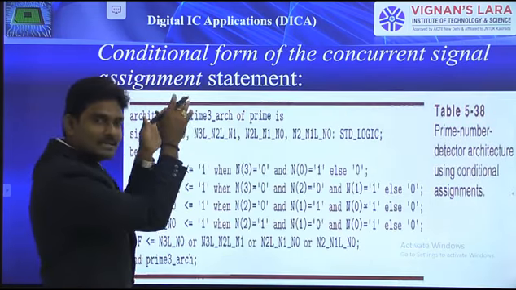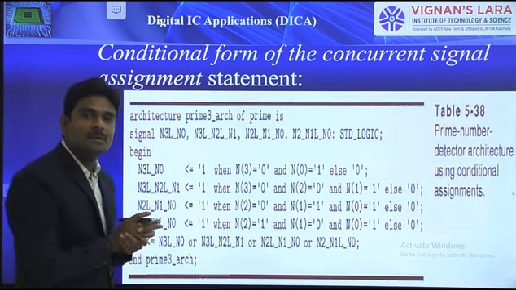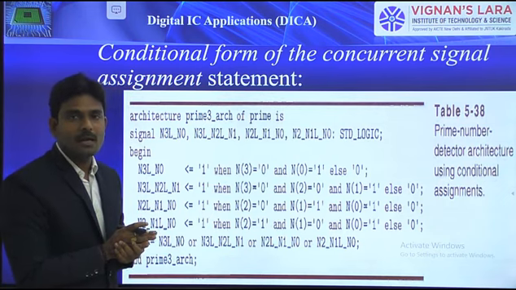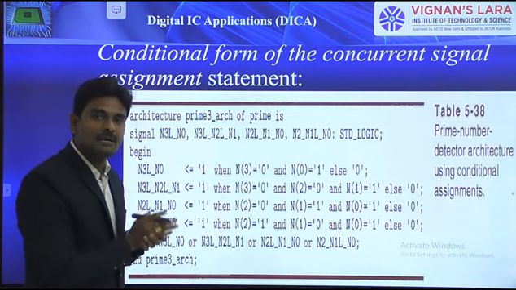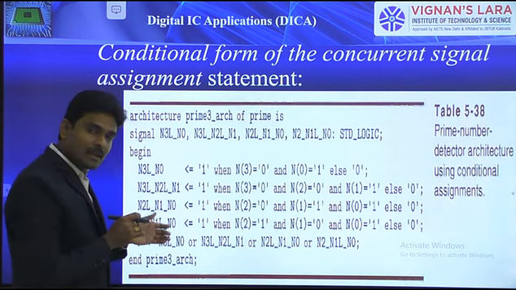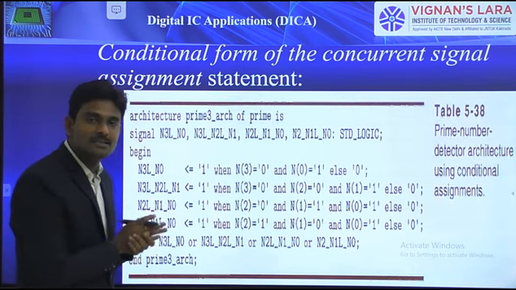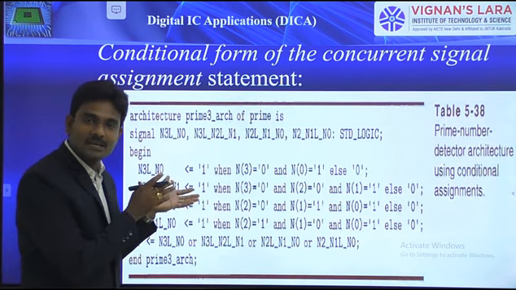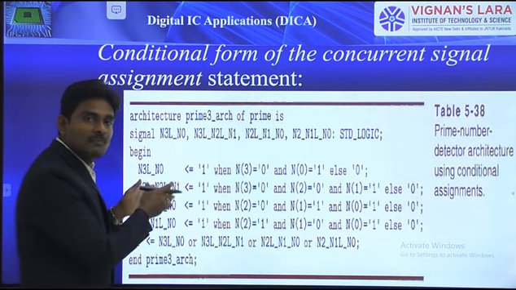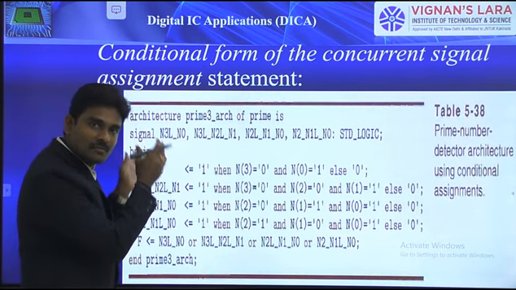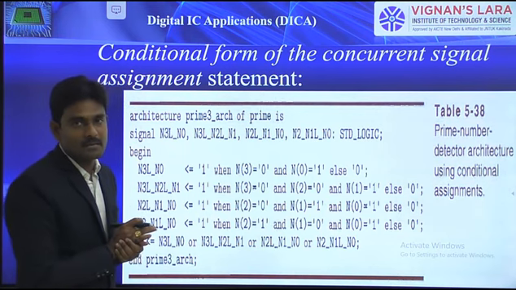Because I considered the output of the AND gate, I got 5 concurrent statements within this architecture body. Suppose I consider the first level, that means the inverter output. If I start from there, then it consists of 8 concurrent statements, in addition to these 5, it also has 3 more statements belonging to the inverters. So if I start at the inverter level, the first level, it consists of a total of 8 concurrent statements.